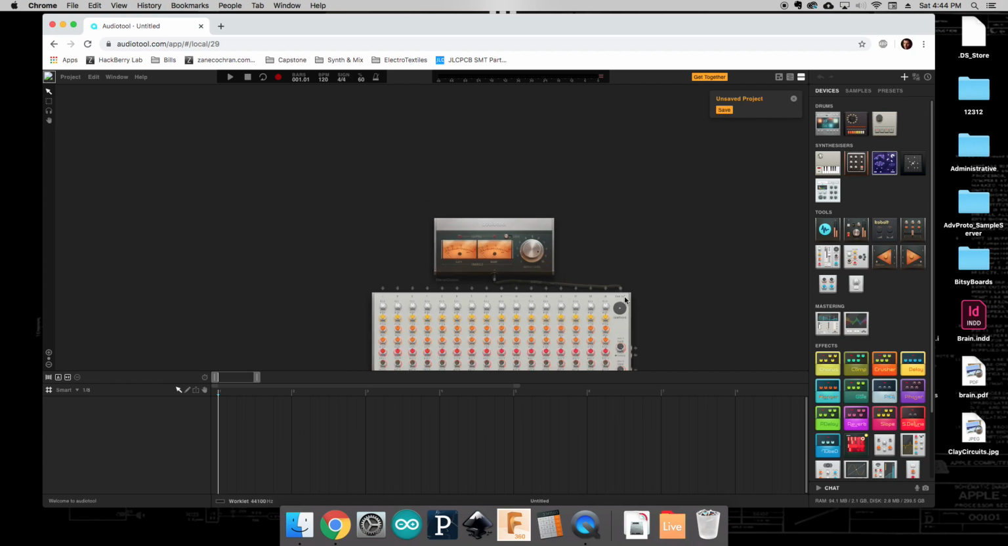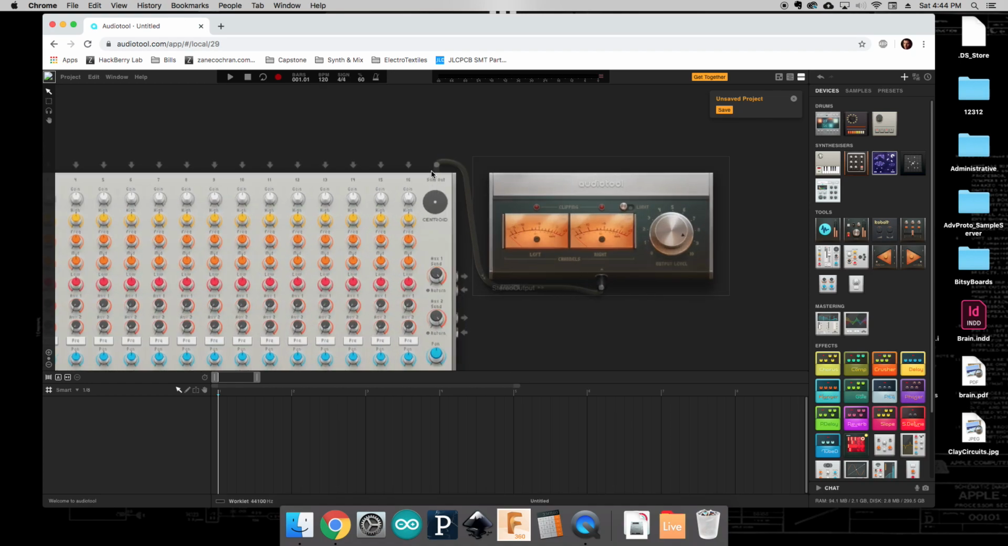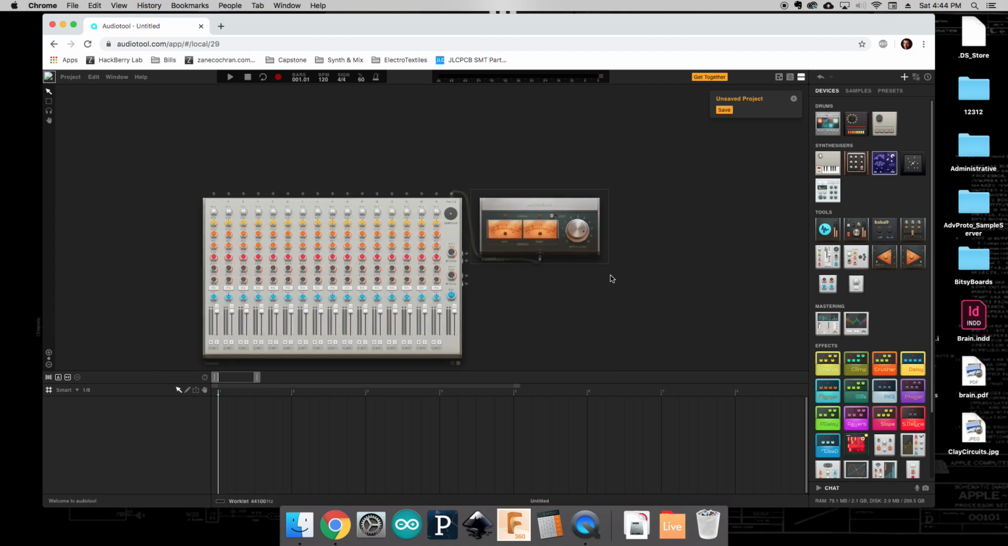And to start off with AudioTool, what you'll find is that you've got a little mixing board here, then kind of an overall control output. And so I'm actually going to just drag this over here out of my way. And you can see that we can connect devices to each other using these little wires. And so the first thing that we're going to do is create just a couple of little